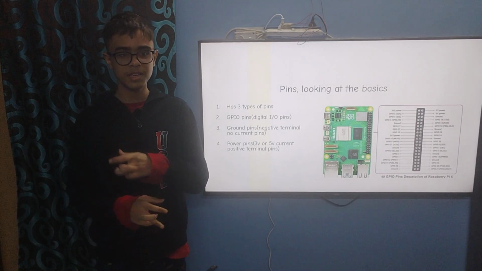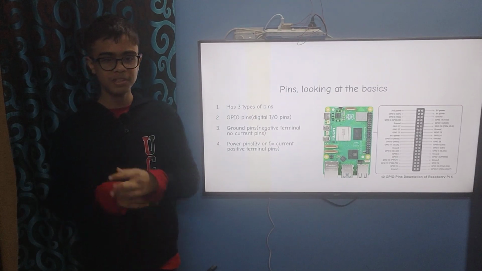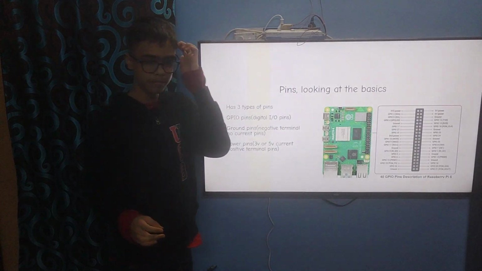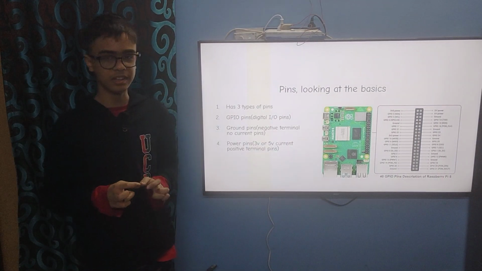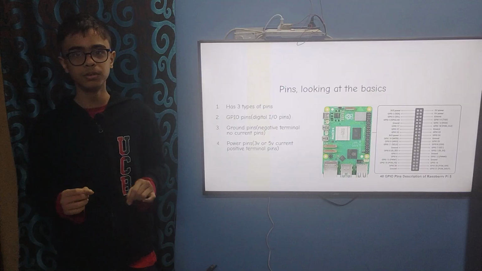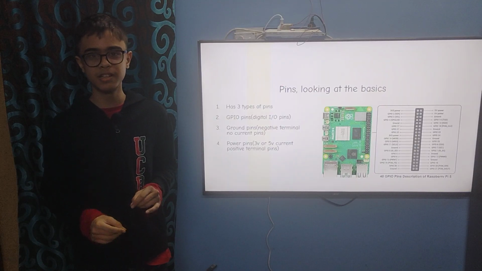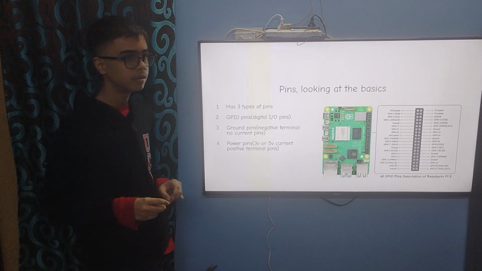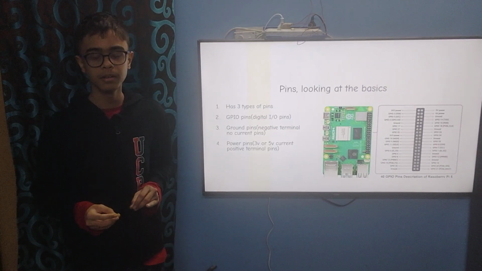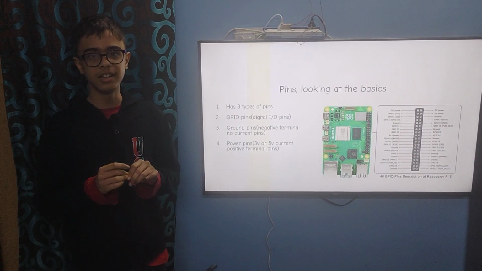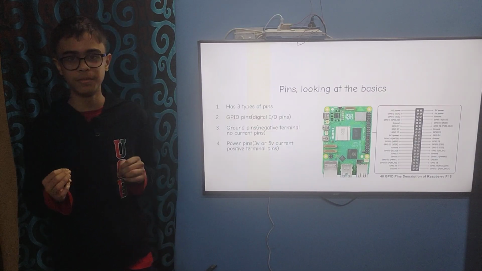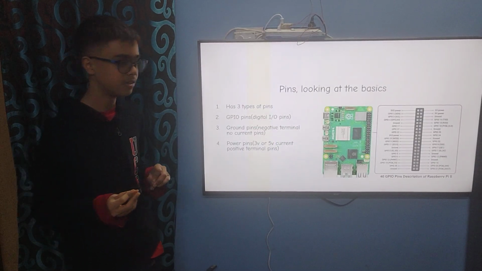Now let's look at the basics of Raspberry Pi. Types of pins. So this is the diagram of the pins in which all the pins are there and the types are mentioned in it. So you basically do not have to memorize the pin numbers and their types. So let me tell you some types of pin for understanding and for the wiring which is needed, but not memorizing all the numbers of the pins and the types.